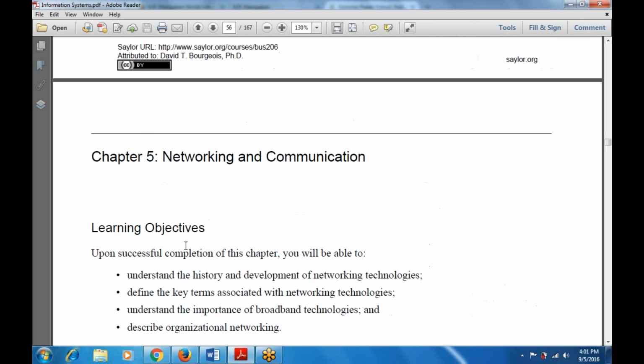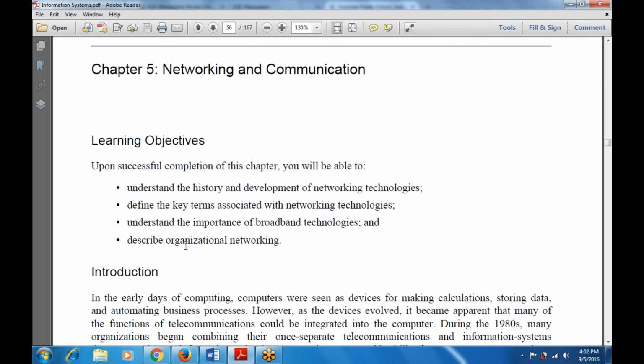Now, let's move to the next topic, chapter number 5, networking and communication. How will the communication take place? Now, let's see what the various learning objectives are. Upon completion of this chapter,